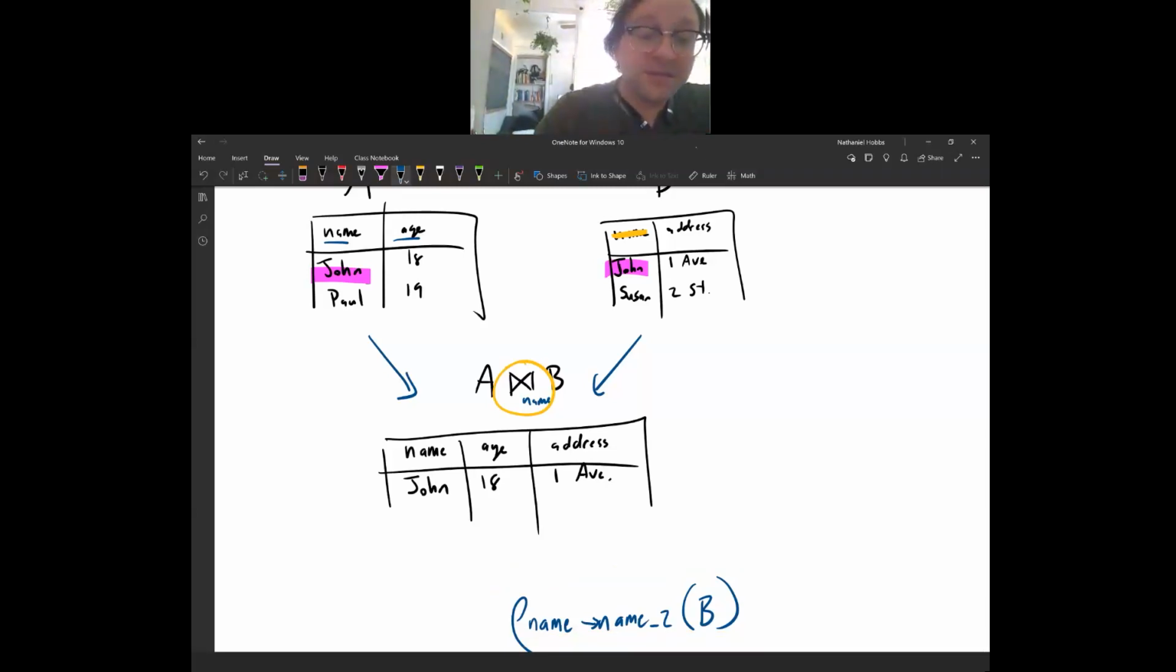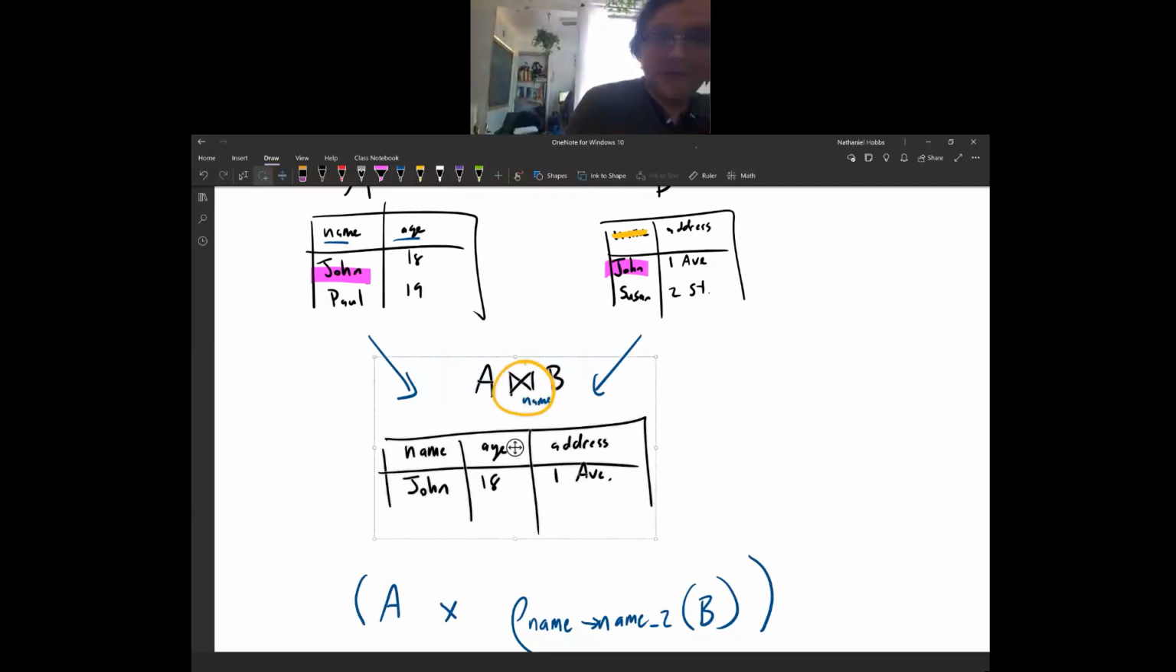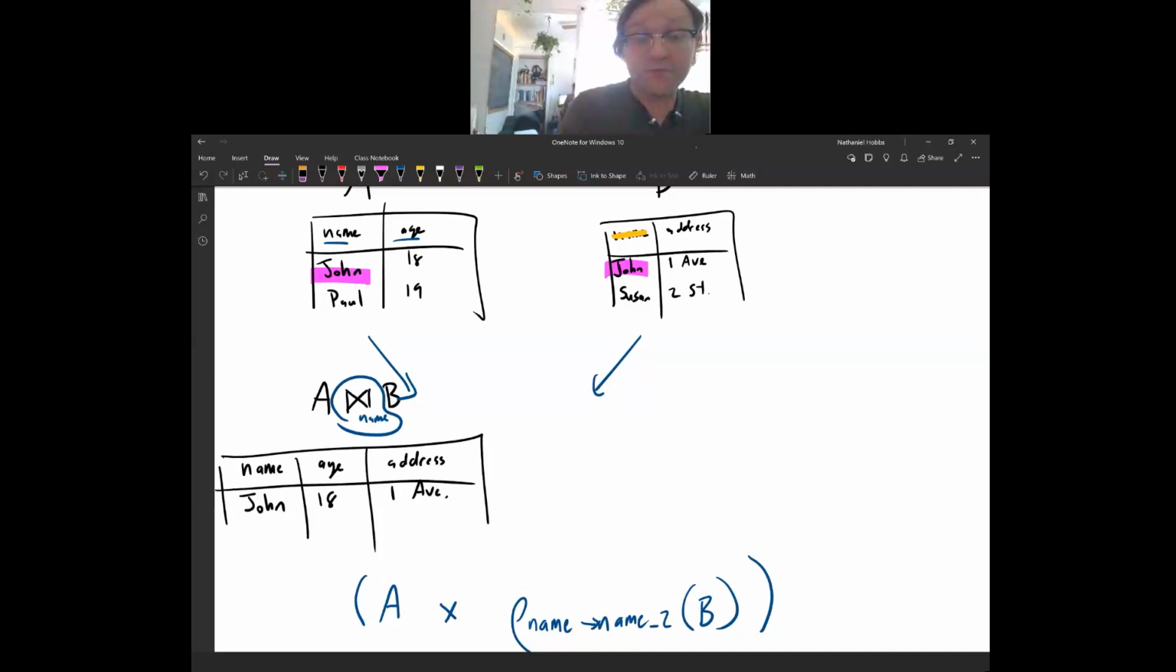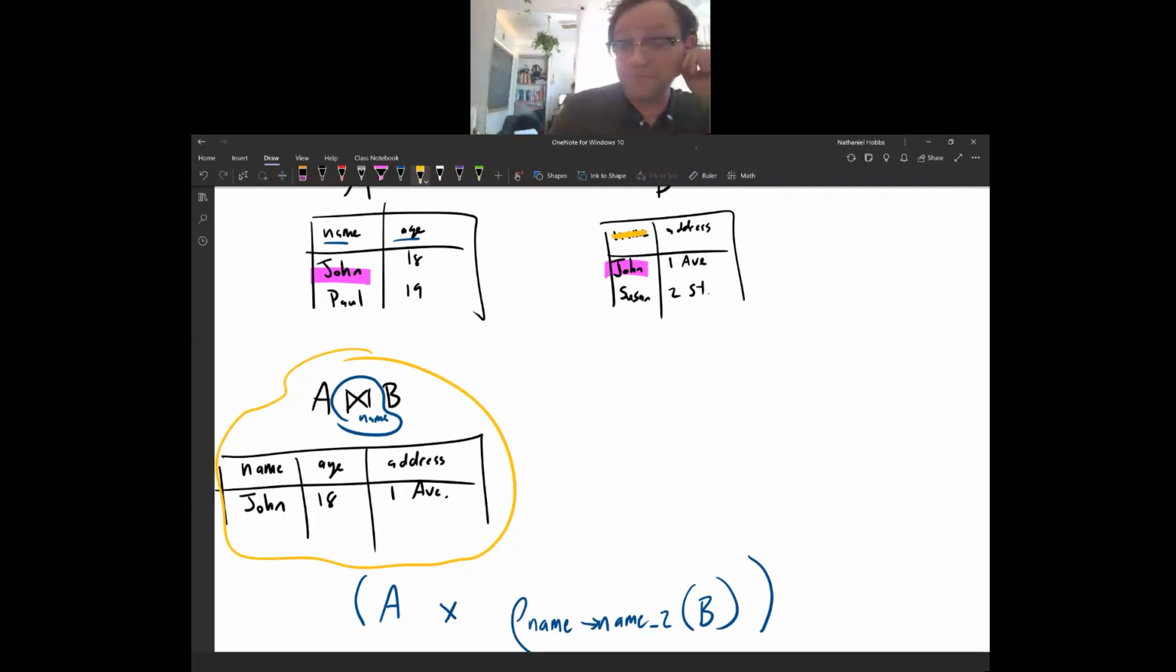The second step is that we're going to take A and do a cross product with this renamed column of B. So this, the cross product, is going to, let me move this. This is what we're trying to reproduce. This is the end goal, right? This sort of bow tie operation. We're not going to be using it. We're going to be reproducing it with other operations. So this is the end goal. This is what we're trying to end up with. Okay. So when we rename a column of B and we make a cross product with A,